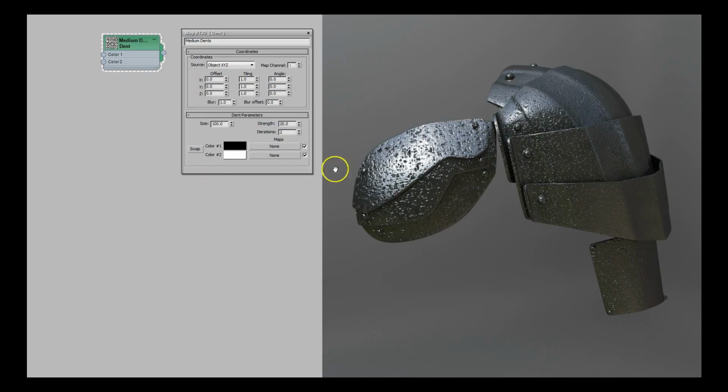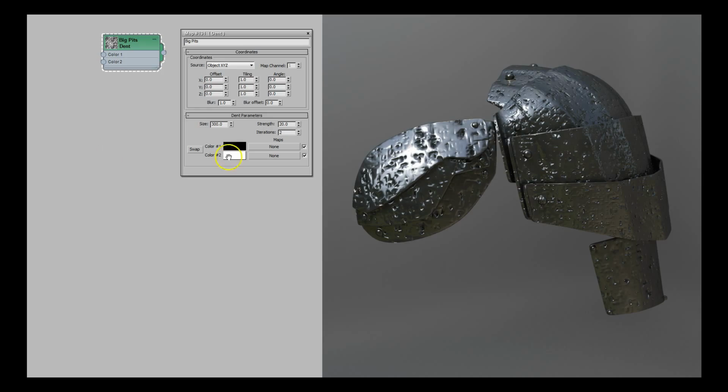Now, I want to break this up because here's where a lot of people will stop. They'll just stop right there. Well, this looks like a procedural texture because it's uniform across the surface. Surfaces are not uniform. They break up. So you want to break this up. So I'm going to use dent in a couple different ways to break this surface up. I know I want a few areas with bigger dents on it, so I came back in